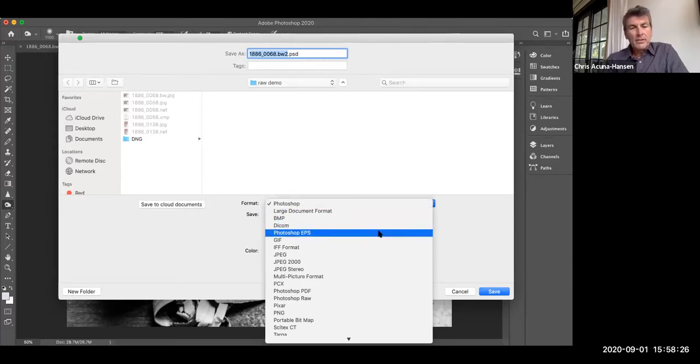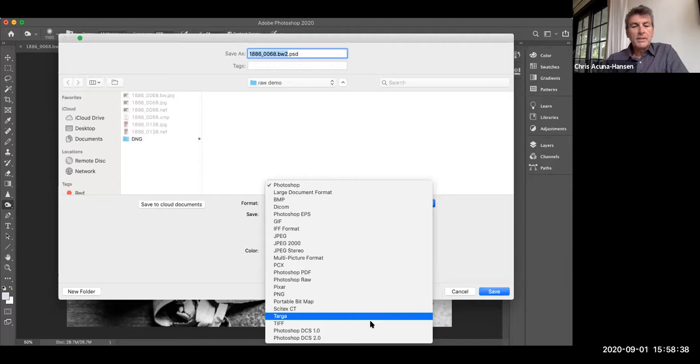Then these others, EPS, JPEG, I use Photoshop PDF. I'll talk about when I do that. Very rarely Photoshop RAW for anything. But you can see there's this other one down here, called TIFF. TIFF is a format that a lot of people save to. It's a non-lossy system, so it saves much like a Photoshop document, but it's a more cross-platform